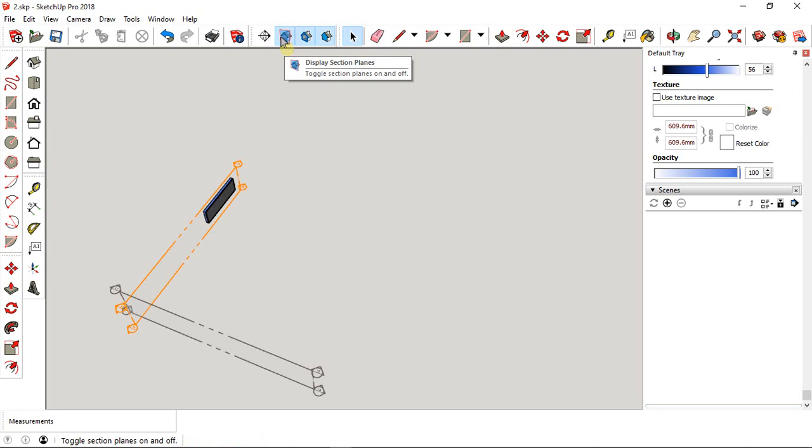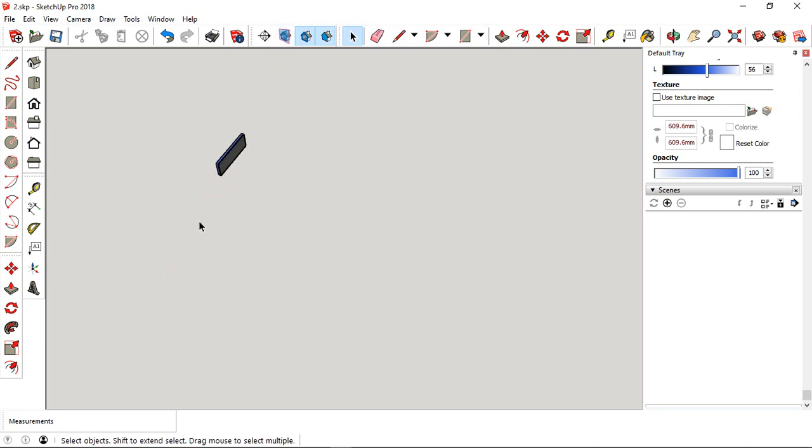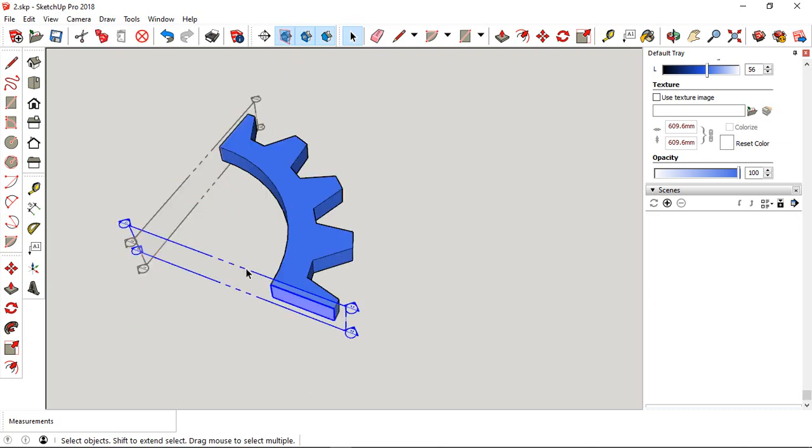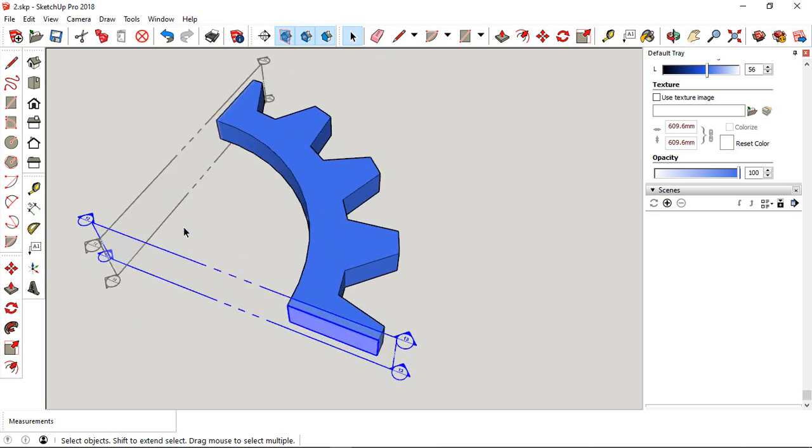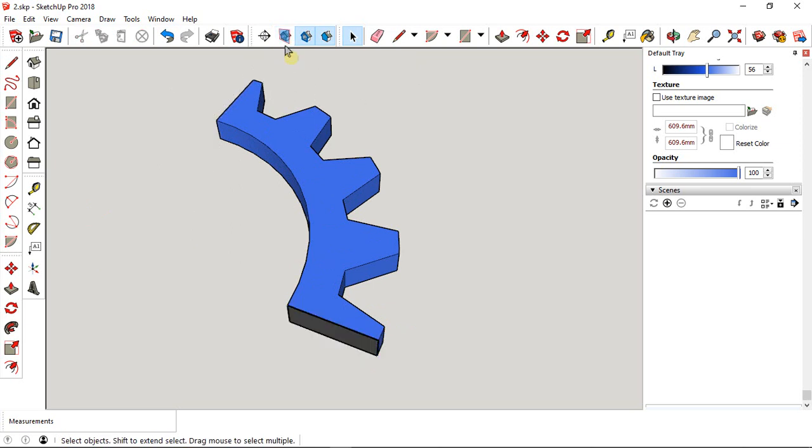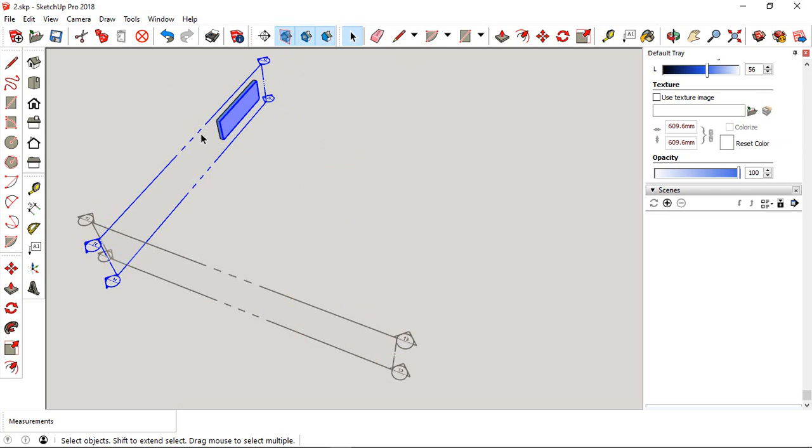Using this one we can unhide this and position the model and zoom the model. However much you want, you can zoom the model, then you can start creating scenes. Hide this, keep the first one, this one, and the first scene will be... In one scene we have to give only one section plane, and in another scene we have to give one section plane. So this is the concept.